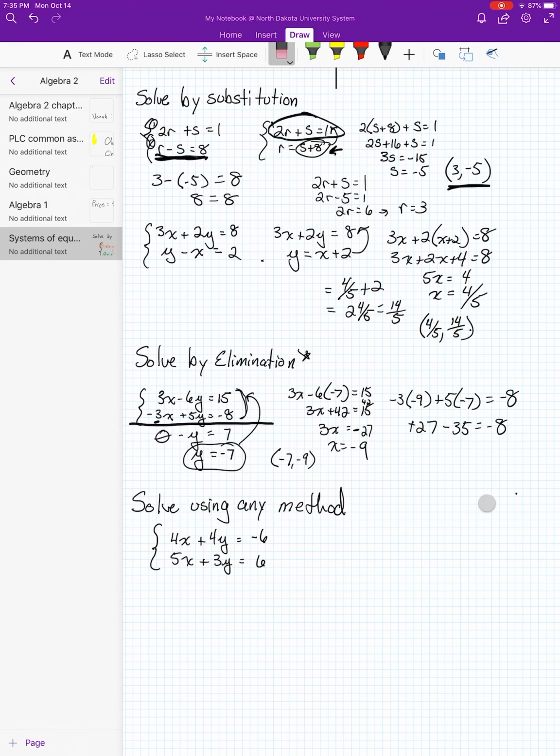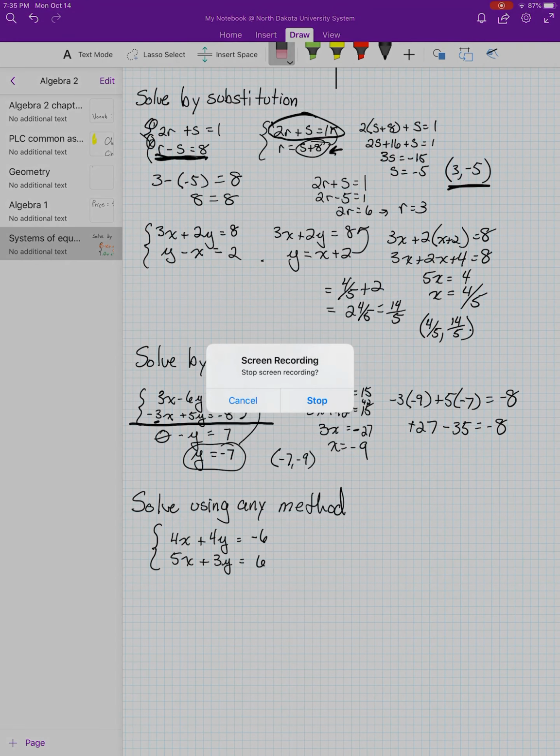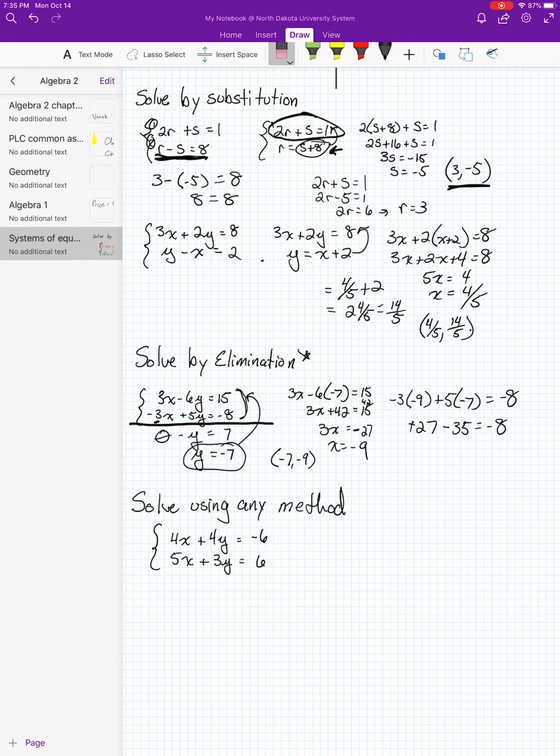Now let's go through it. I changed my mind. What is the method that we want to use? Do we want to graph it? Do we want to use elimination? Do we want to use substitution? I mean, those are some pretty ugly numbers, right? Somehow, some kind of way, I feel like I'm going to end up with fractions. So, pick your poison. I think in my choice,